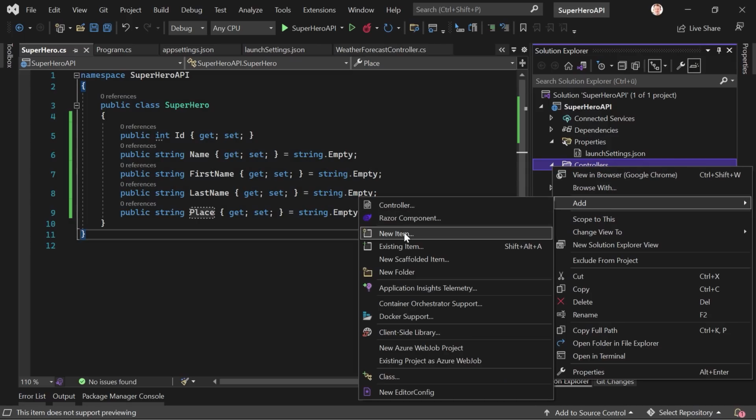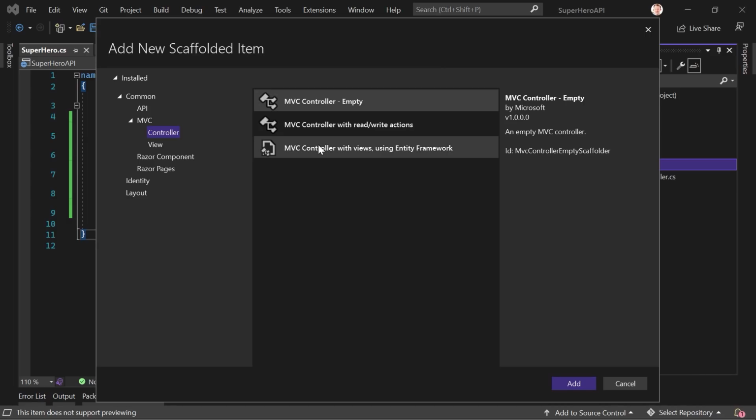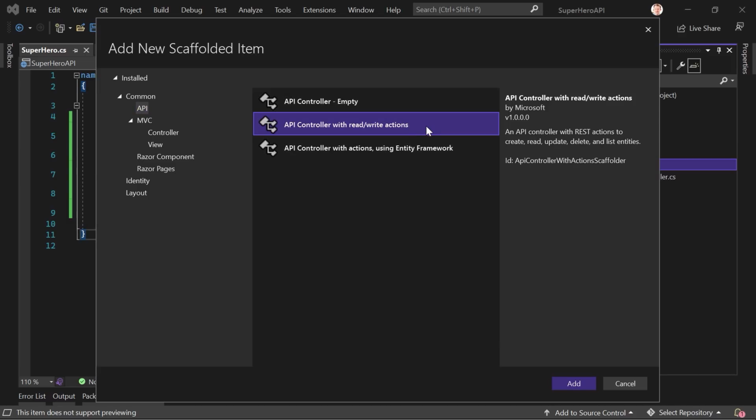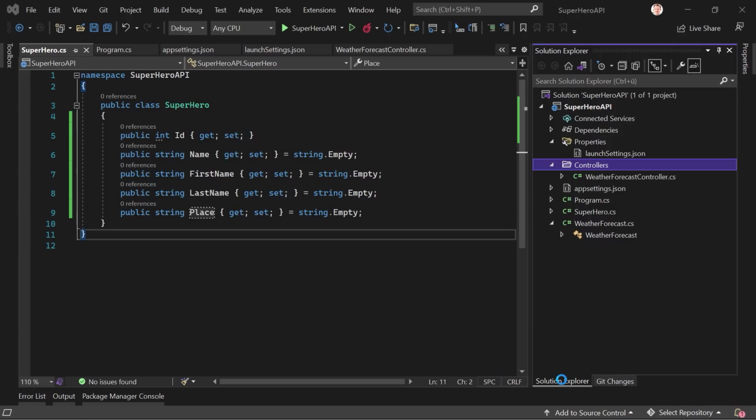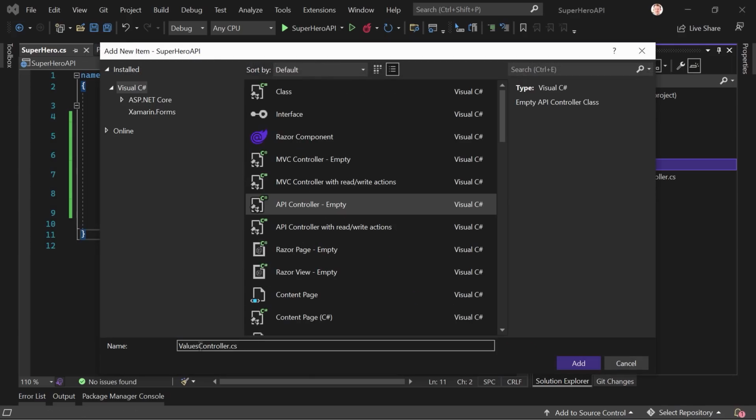Right click, add, and then not a new item, simply hit controller. And please go to API here. And then we got 3 options. The API controller with actions using Entity Framework. Whoa, whoa, whoa, not so fast. Not Entity Framework yet. Not even read-write actions, in my opinion. Then you would already get the code for the get, post, put, and delete HTTP request methods that we will use here. But I would say for learning purposes, and even if you know this stuff already, I prefer building an empty controller. Let's click add, and then we give this thing a name,